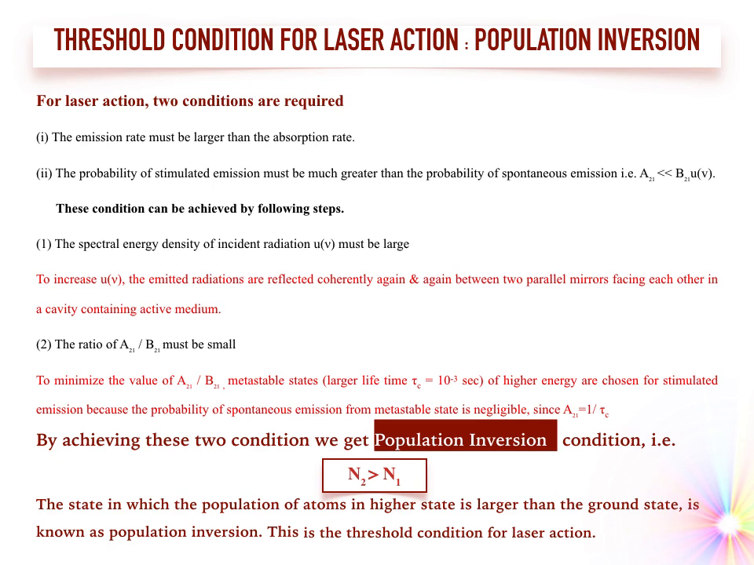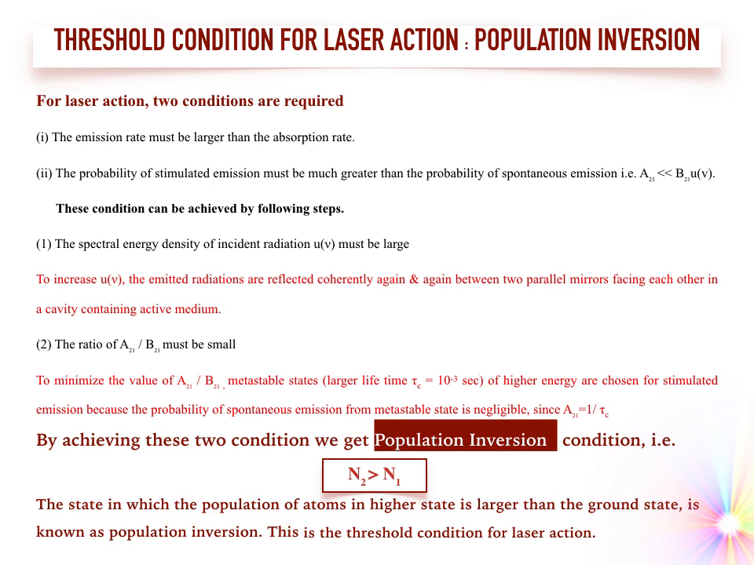These two conditions can be achieved by increasing the energy density of incident radiation, that is U nu, and by decreasing the ratio of A21 upon B21. To increase the energy density U nu, the emitted radiation is made to reflect again and again between two parallel mirrors in a cavity containing active medium. And to minimize the value of A21 upon B21, the metastable states of larger lifetime are chosen for stimulated emission,